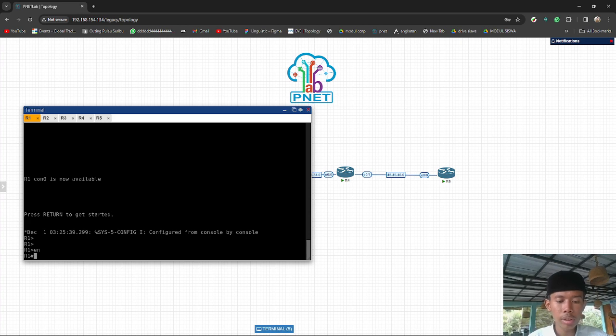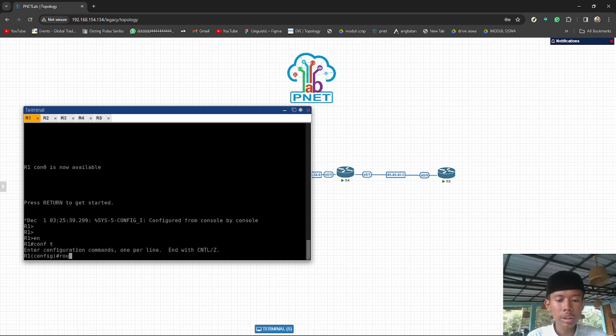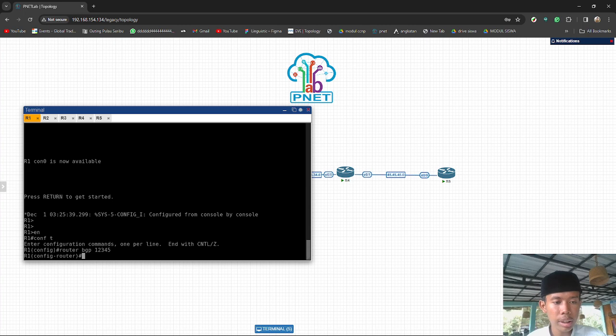Enable, configure terminal, router BGP, and give the AS number, I will use 12345. So this is the AS number, and we do the neighbor configuration and give the remote AS.